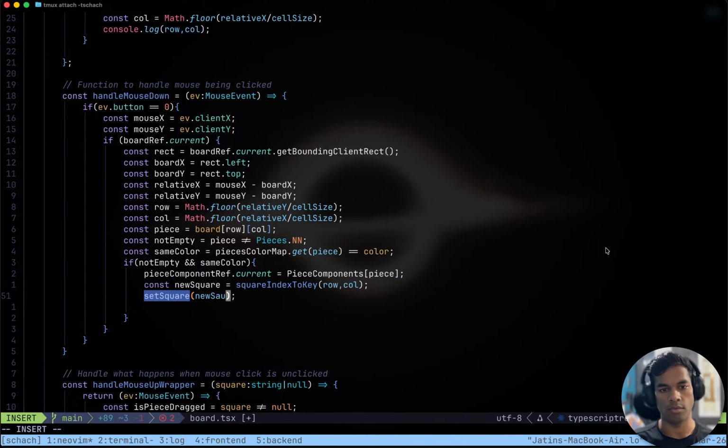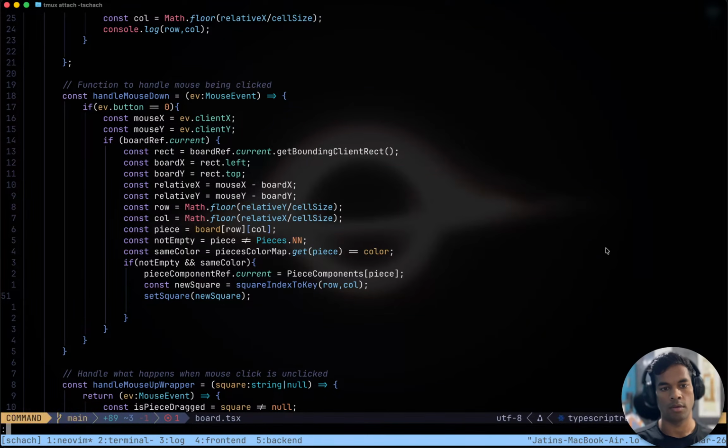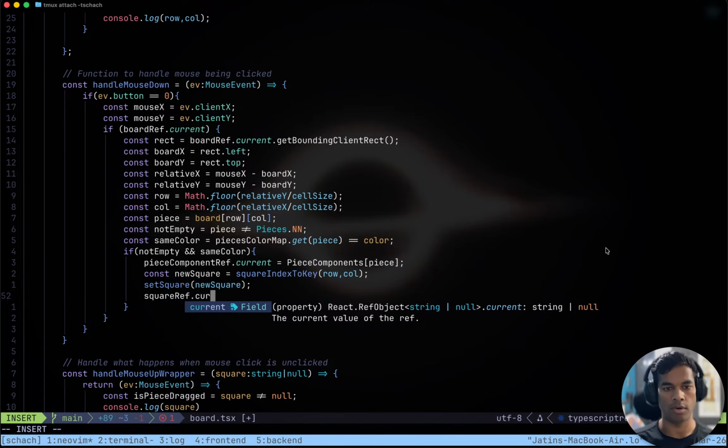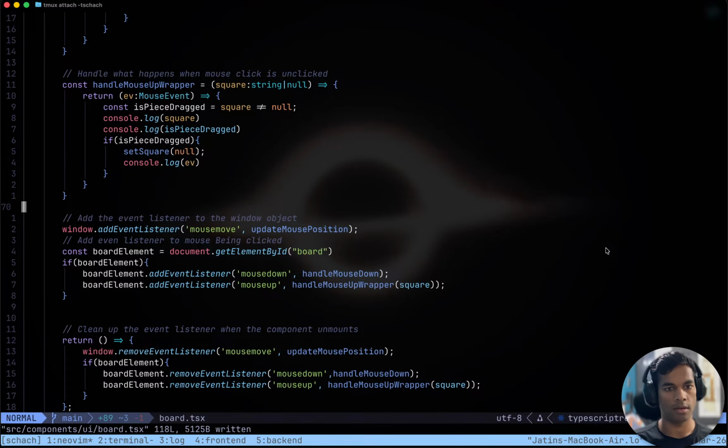Here give new square, and square ref dot current equals new square, and import element here.